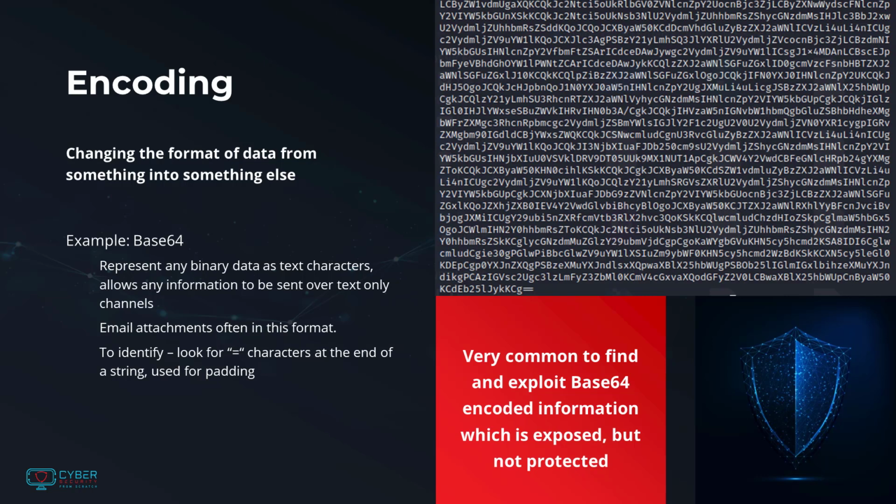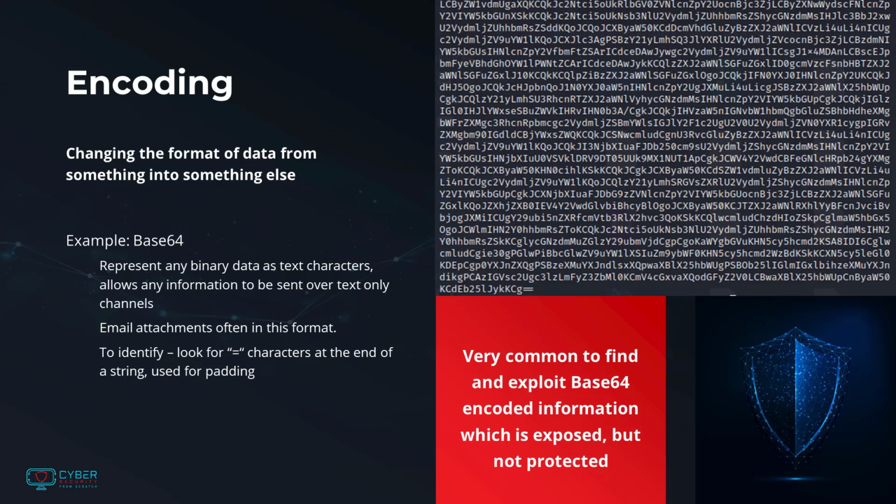And so we have a technology called base64, where basically any arbitrary binary data gets re-encoded as text characters, so you can take those image files and send them in text-only channels. This is used in email attachments, which are often in this format, because you can encode the entire email as text characters and then depackage it as whatever arbitrary binary is necessary. To identify base64, look for the equals character at the end of the string, which is usually used for padding. This doesn't always happen because sometimes the string doesn't need padding, but if you see the equals characters, that's a